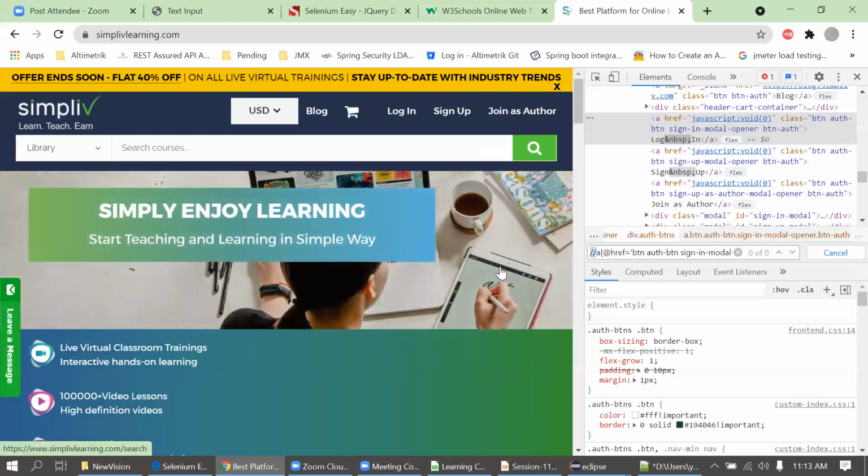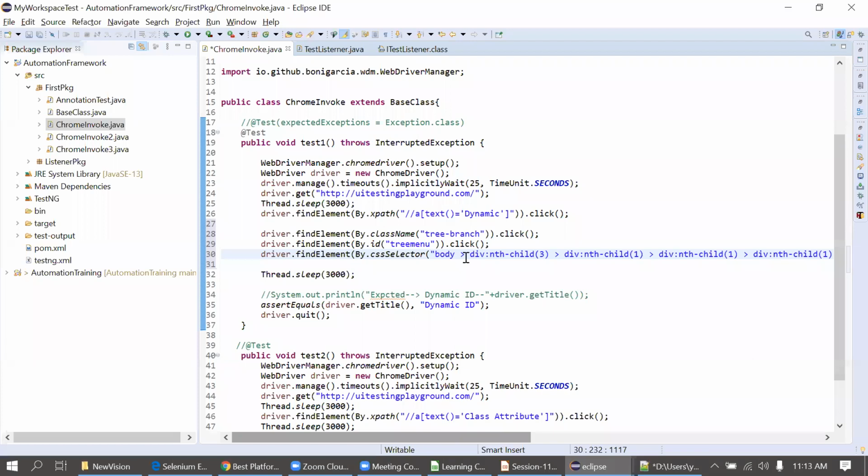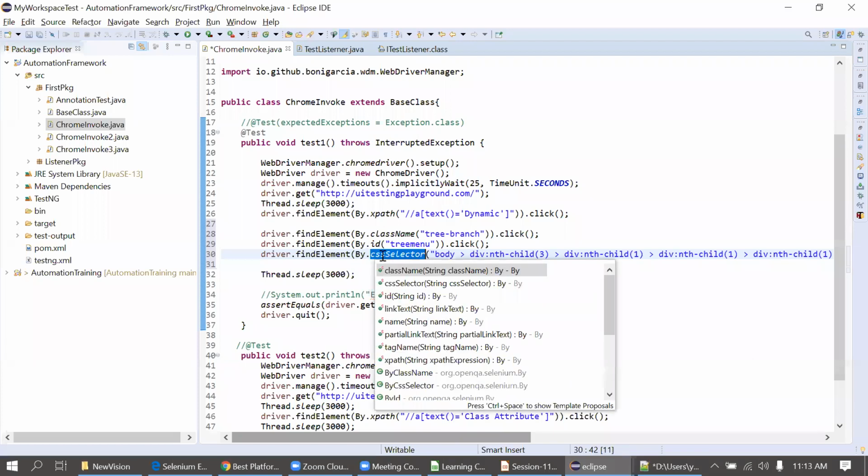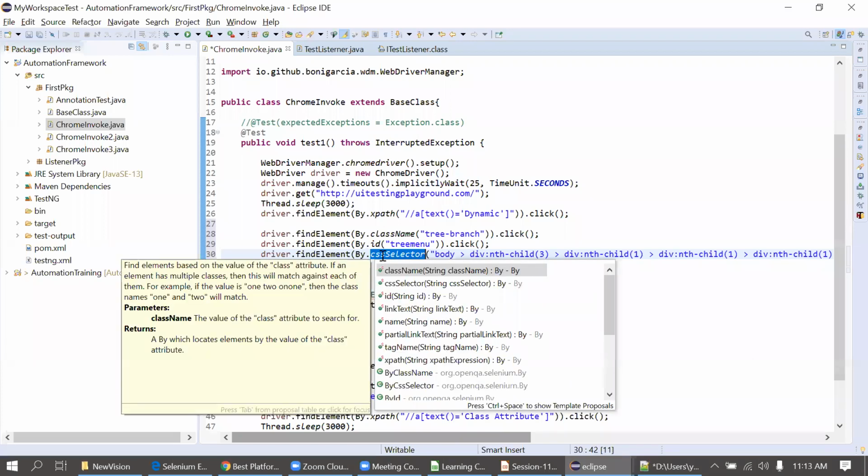But sir, I know only 6 to 7 relative XPaths: ID, then name, then link, then partial link, kind of. I never read this class one. Let me show you here. Now you can see it here by class name, by ID.